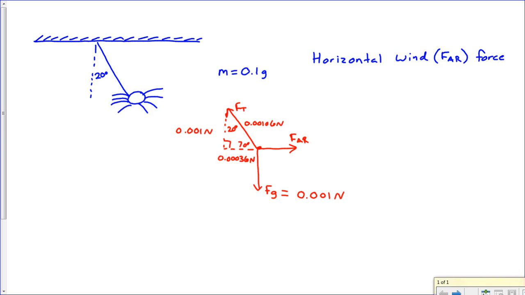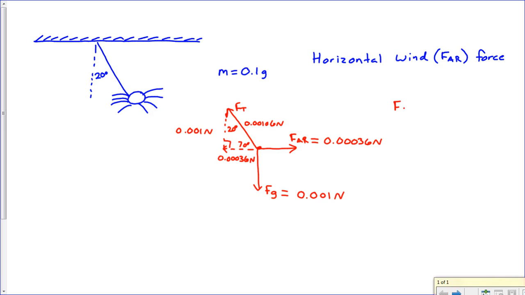All right, doing a little balance here, we should see that the component of the tension force going to the left is 0.00036, then this FAR force, which is going to the right, those are the only things happening horizontally, so that should also be 0.00036 newtons. And so just to summarize our answers, we have Fg equals 0.001 newtons,